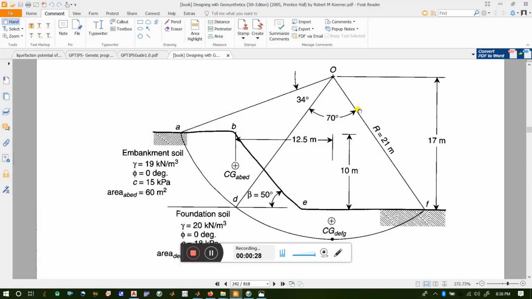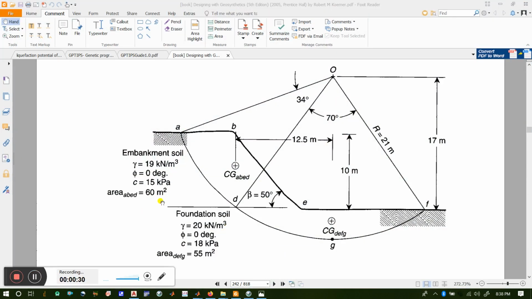First, this was our problem, which we solved in the last video. You can see this is a figure where there is a foundation soil, embankment soil, and this is the failure plane which is predefined.